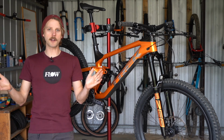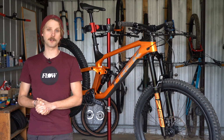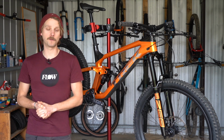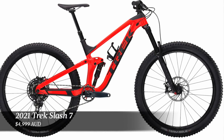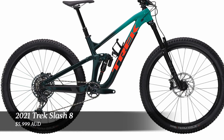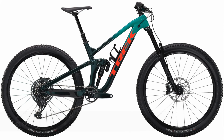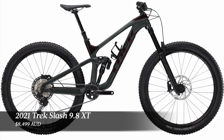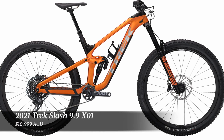Now, as for the complete bikes themselves, there will be 4 Slash models coming into Australia for 2021. 2 of those bikes will feature alloy frames and the other 2 will feature carbon frames. Now, the range starts with the Slash 7, which will sell for 4,999 Australian dollars. Then we have the Slash 8, which will sell for $5,999. Then we have the Slash 9.8 XT, which will go for $8,499. And finally, the Slash 9.9 X01, which will sell for